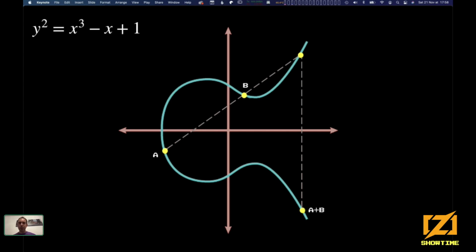However, if we do that, we have a problem. Because what would be A plus B plus A? That would be B. We would be jumping back and forth forever. This is not cool. We need to improve that. So we are going to apply a very simple tweak to that. We are just going to flip the sign of y. And then it works. We're going to get a different point every time.